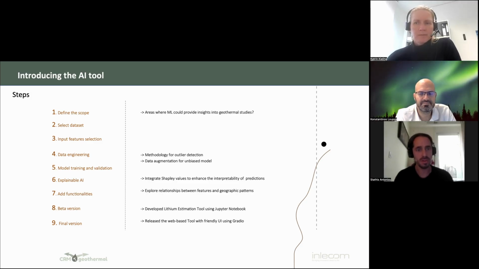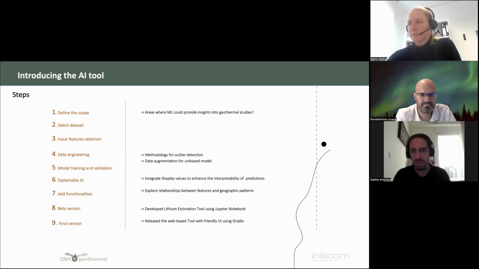Then we trained the model and validated it, just like all machine learning projects. Then we added the explainability layer. We decided to go with Shapley values in order to add explainability. And then we added some more functionality to explore additional relationships between features themselves and between the output of the tool and the geographical patterns of the data.